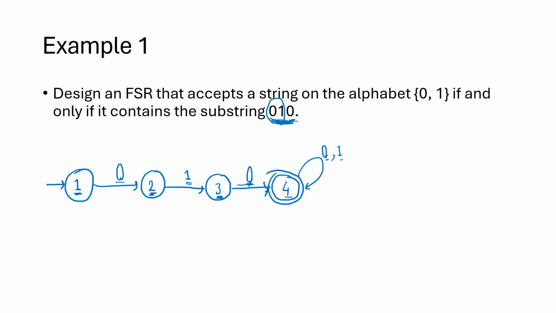Now, the transitions for 1, 2, 3 are also incomplete. So for example, we need to say something about what if we are at the state 1 and instead of a 0, we read a 1. Now, if we are at state 1, it means that we have not started seeing any part of this pattern 0, 1, 0 yet. And if we see a 1, that's not going to contribute anything to this pattern 0, 1, 0 because what we need first is a 0. So a 1 is not going to help us improve,